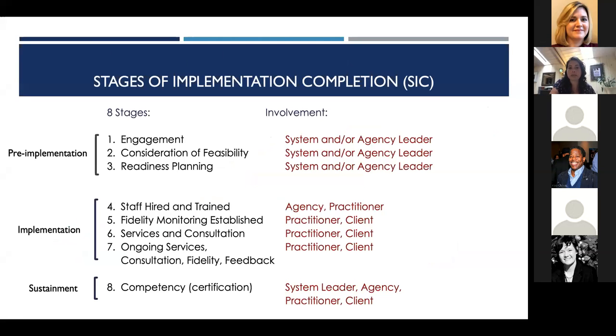So this is the SIC. Throughout the SIC, you see that there are multiple individuals who might be involved at a different point in time. And really what the goal of this is, just to show that this is just an example, but the goal is to show that who is involved in the implementation does change over time. And so what we're challenged with is, how do we find a measure that is able to look at this dynamic process where there are multiple individuals that are flowing in and out of the process, and where the process is very much dependent on who those individuals are being active in completing those activities at a given point in time.